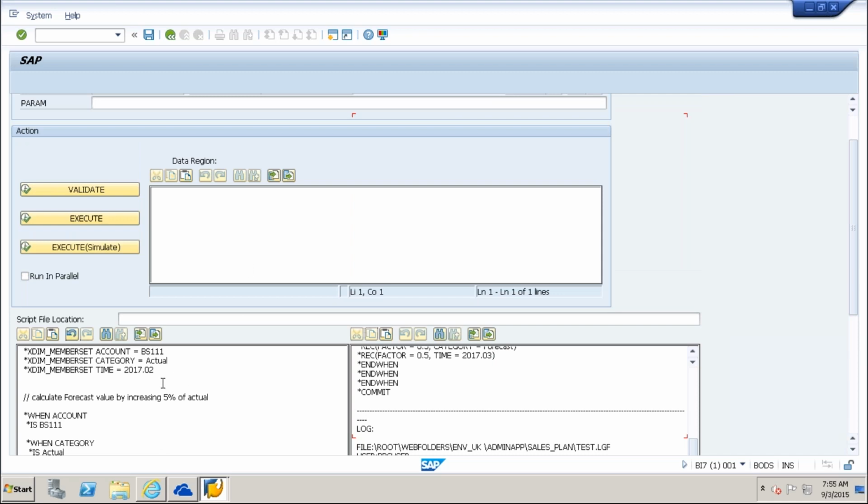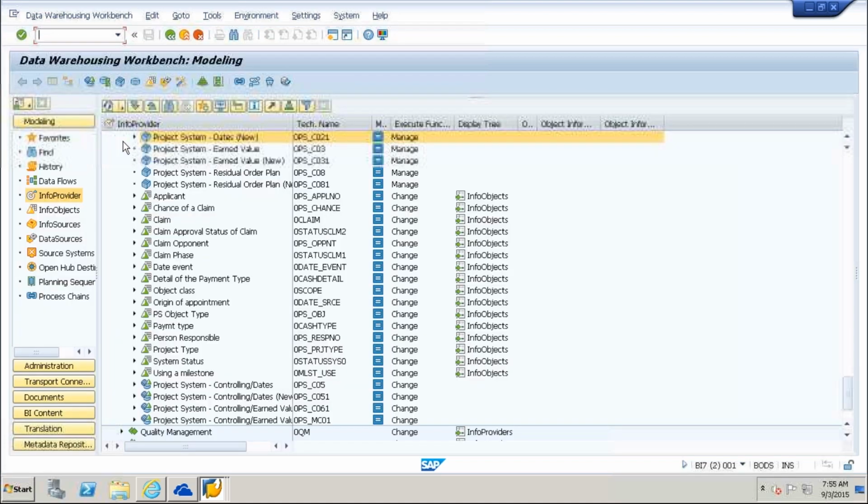So before running the code, what I'm going to do here is /ORSA1.